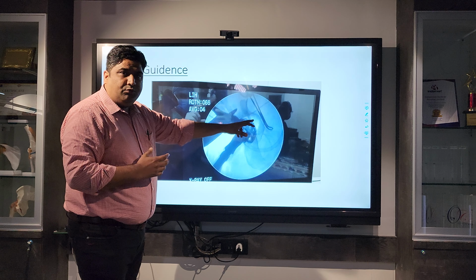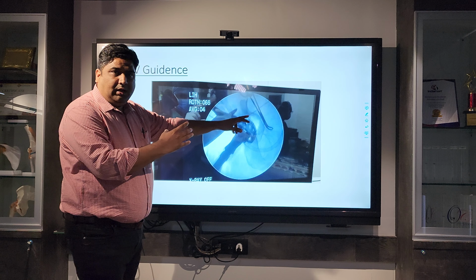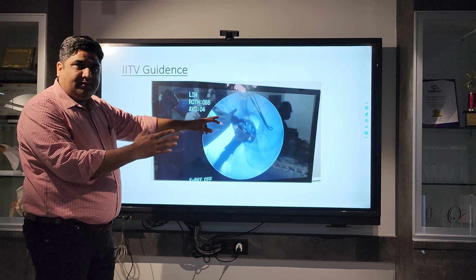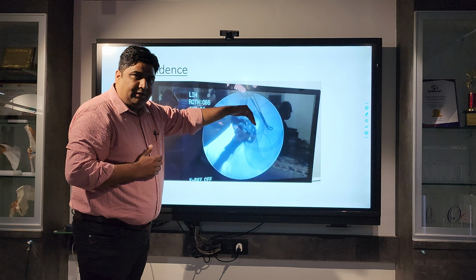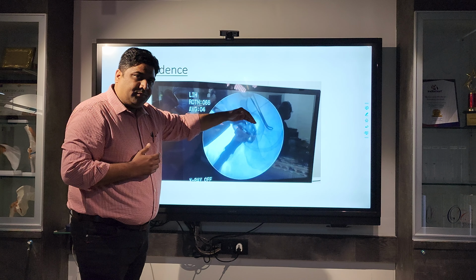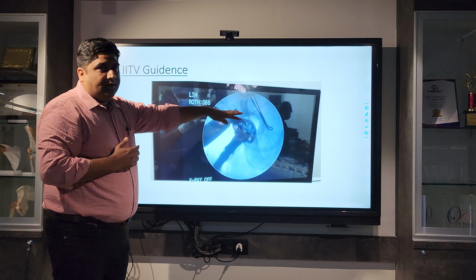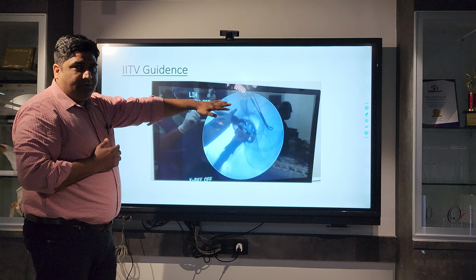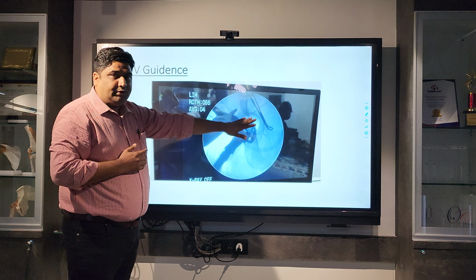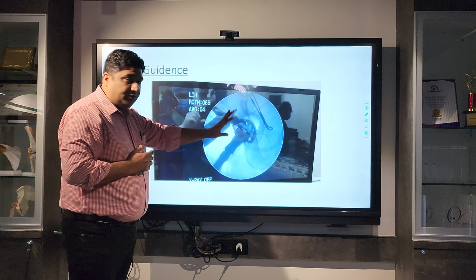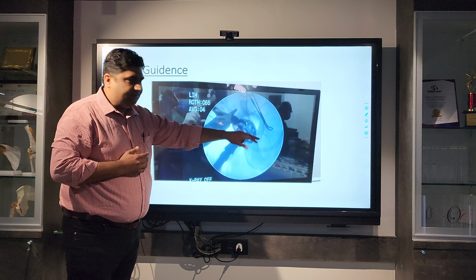So knowingly or unknowingly you won't break it, and you can always save your wall and go further. This can only be done in the anterior approach. While you do it under IITV fluoroscopy, you can prevent it. You can't go further because you have the idea where it ends.